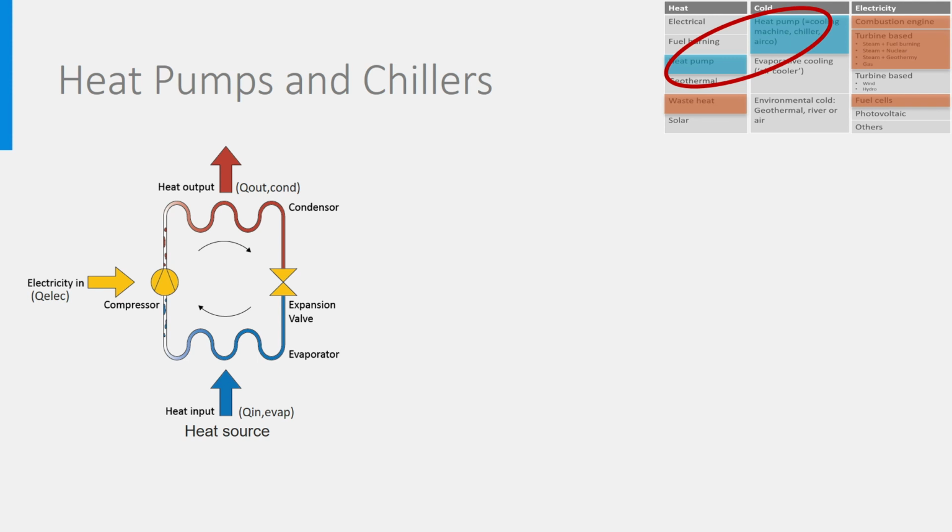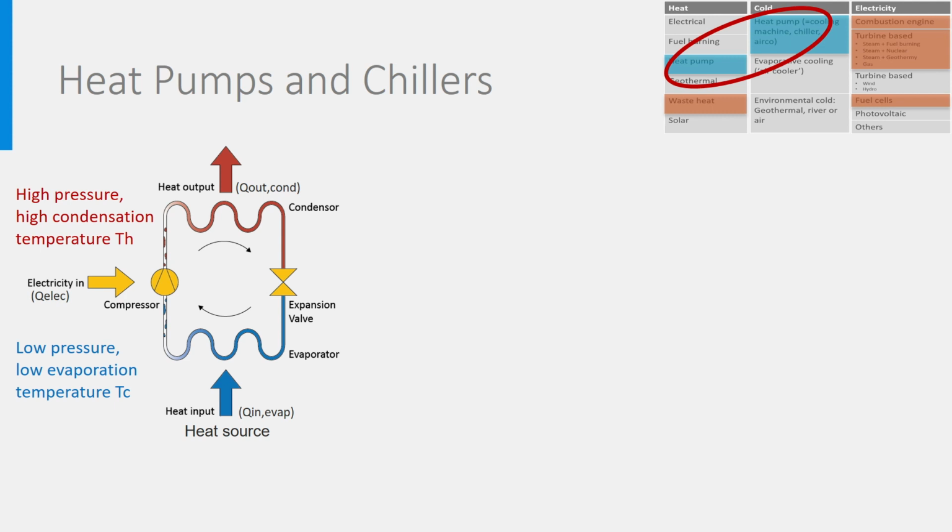A heat pump or chiller consists mainly of a closed pipe in which a refrigerant is circulating. One part of the pipe, the blue one, works at low pressure and the refrigerant evaporates there at a very low temperature, for instance minus 10 degrees, taking the heat it needs to evaporate, Q in evap, from its environment, air for instance, the so-called heat source. The second part of the pipe, the red one, works at high pressure, meaning that the refrigerant will condense at a high temperature, 40 degrees for instance, releasing therefore high temperature heat to its environment, Q out cond.